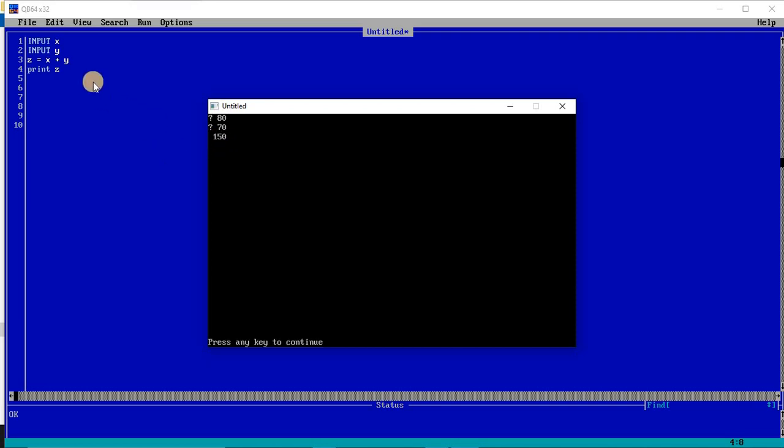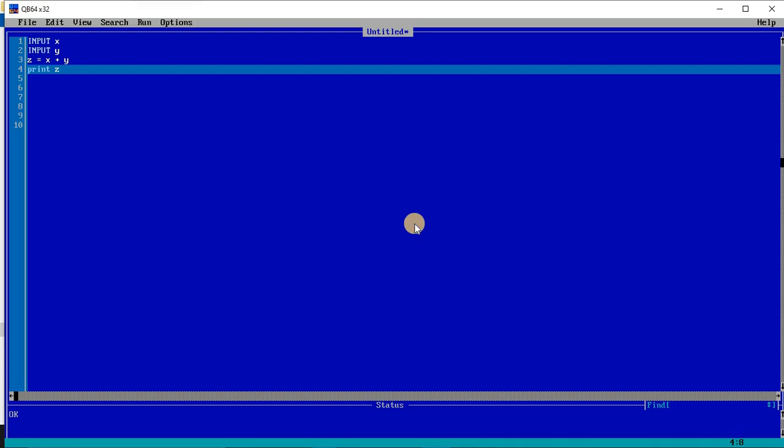The plus of 2 values means addition of 2 values. So x and y will be added, and it will be placed in z, and you can see the value of z right now. So this is the advantage of the input command, which will help you to do such kinds of things. Okay, so this is basically the most important command that we are going to use. So these are the basic commands that we are going to use.